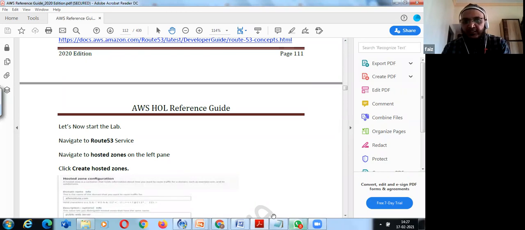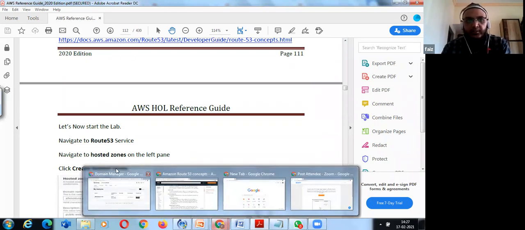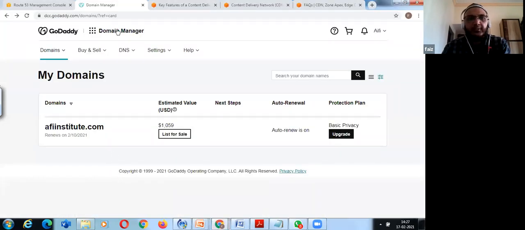So whenever you register, you'll get your DNS information.